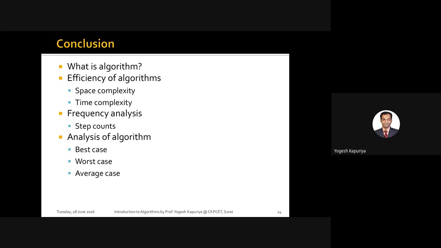Our primary concern is the primary memory only, because ultimately the primary memory will be occupied while executing the algorithm. So that is the major constraint, and that's why when we compute the space complexity, we only deal with the variables which it uses, not the actual data, such as when you are using a file.